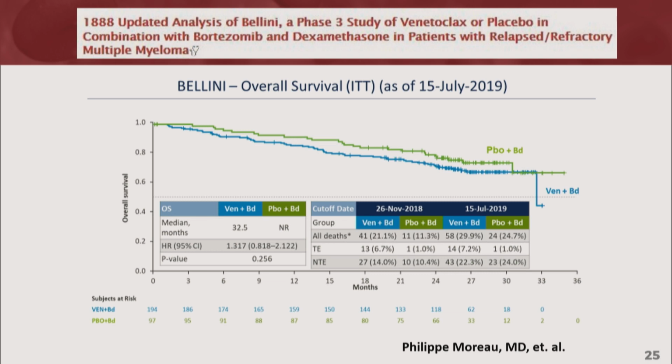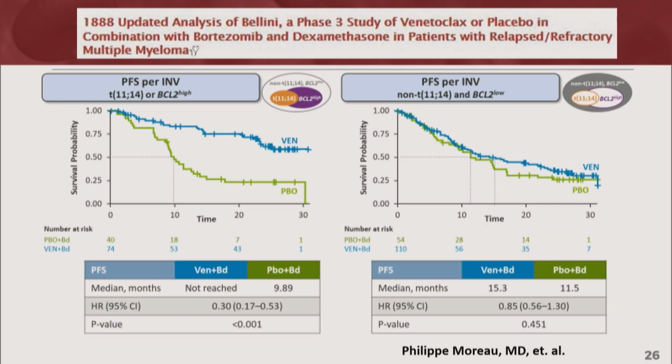There was a concern, and the study was stopped, as we know, because of increased deaths in the combination arm. However, with the update here in July, the survival outcomes have actually balanced out somewhat, and with more detailed evaluation, what was presented in a very striking way is that certainly for the T1114 population, the combination with bortezomib and dex plus venetoclax is clearly